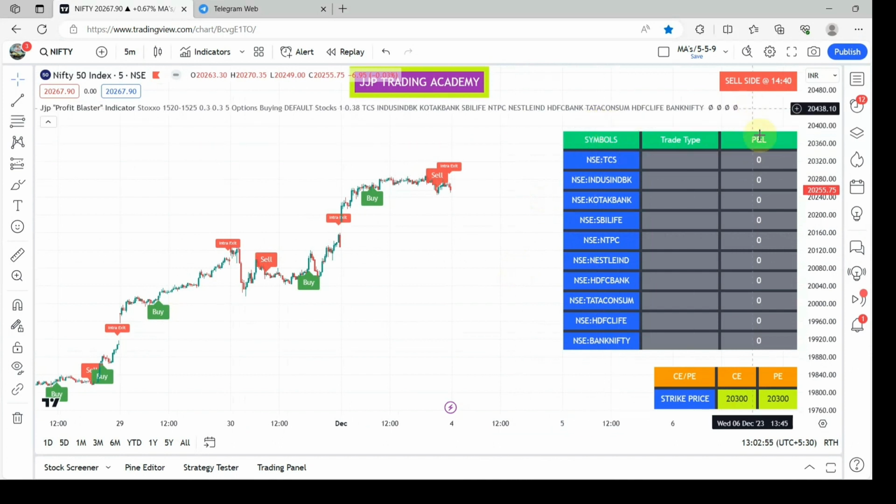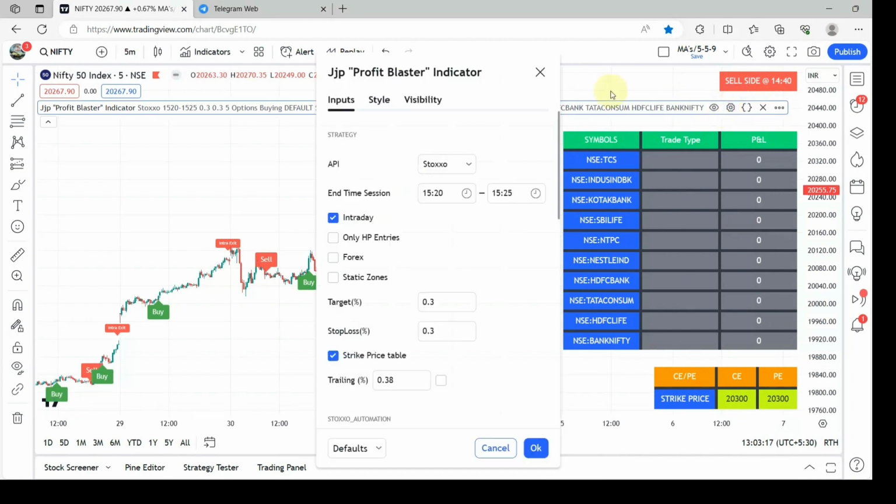As well as you can see the table of this indicator in default setting. You can also see the overall trend of the market, sell side as well as buy side. It will denote at which time the overall trend of the market has changed. All these setups we have discussed in the previous videos. Okay, so now I am just opening the indicator settings